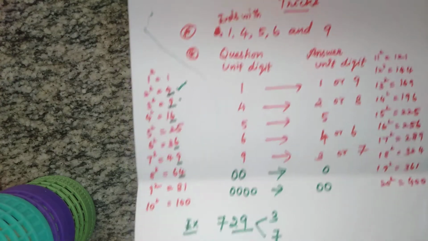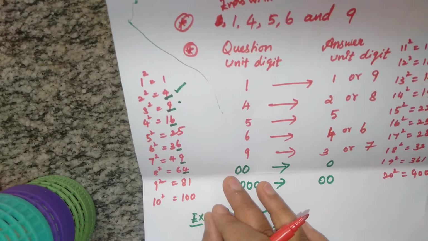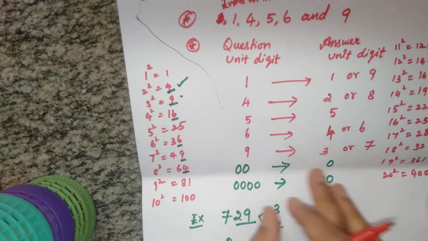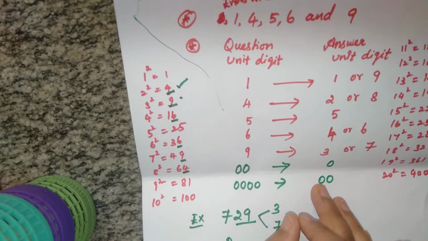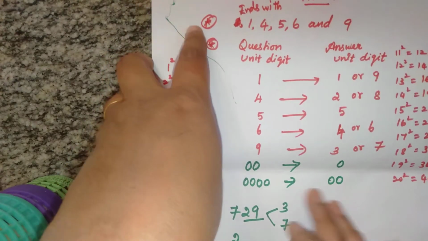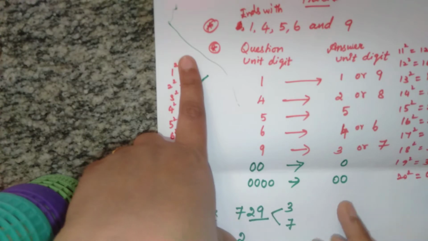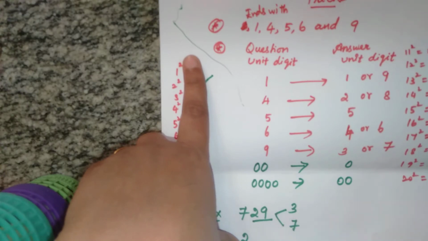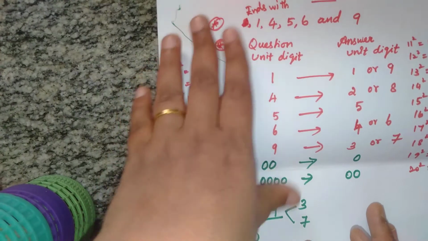Next we have another special case. If the number ends with 0, what should we do? If the number ends with 20, the answer comes as 10. If it ends with 40, the answer comes as 20. That means it is half. If it ends with 60, the answer is 30. What if the number ends with 30 or 50? Such a number is not a perfect square. Is it clear? It is some basics.